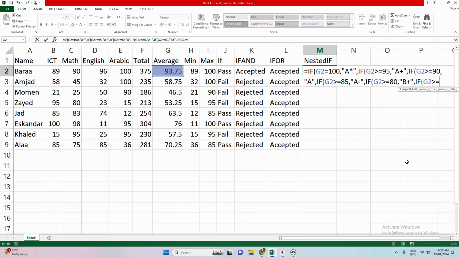than or equal to 75, comma, the value of true will be only B, comma, and then start another if statement, and you keep doing it until you reach the desired stop point, greater than or equal to, which one is 75, so this one is 70, comma, double speech marks, B minus, move outside, add a comma, start another if statement,